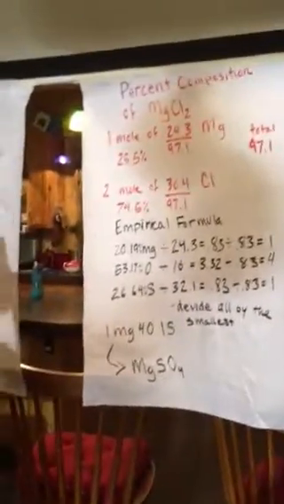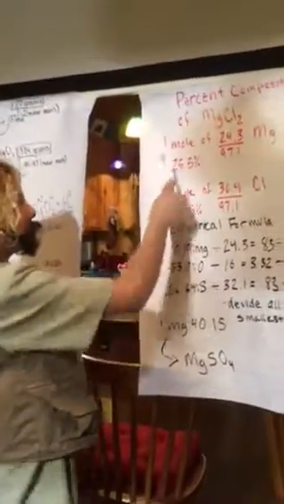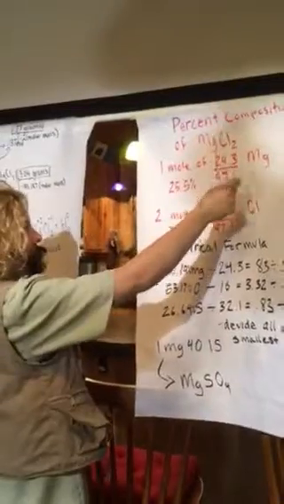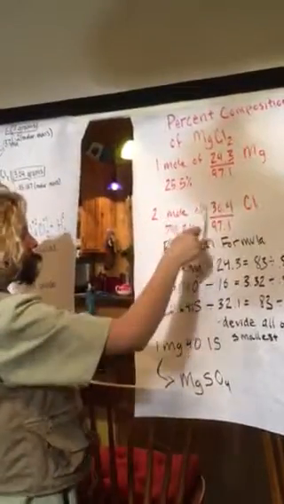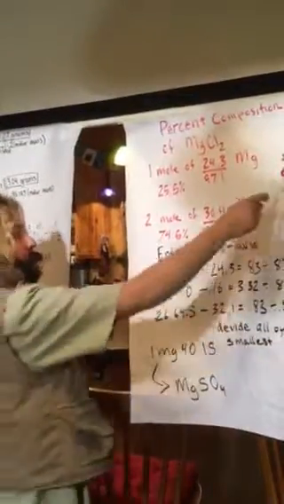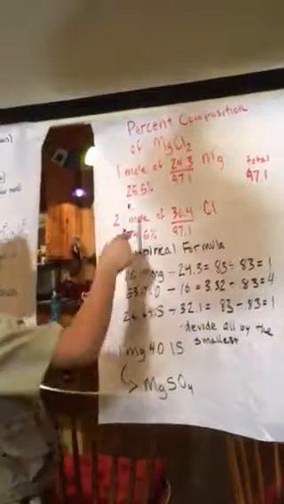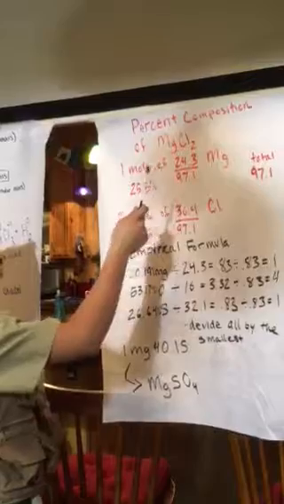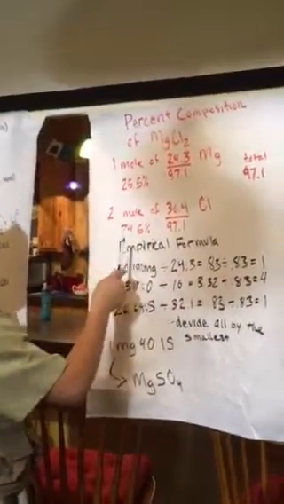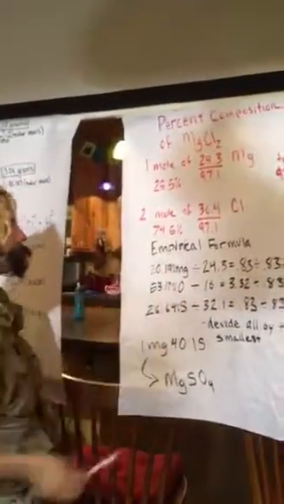For the percent composition of magnesium chloride, you need 1 mole of the molar mass of magnesium and 2 moles of the molar mass of chlorine. Then you get the total, which is 97.1, and you divide both of them, giving you 25.5% of magnesium and 74.5% of chlorine. Now we're given a different